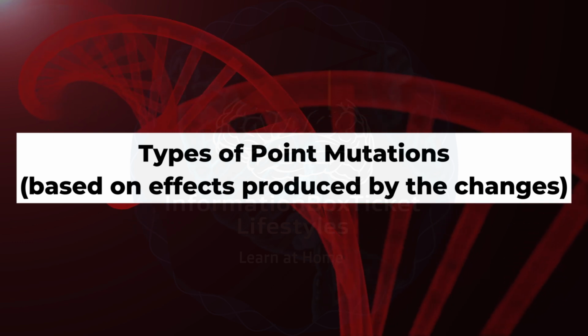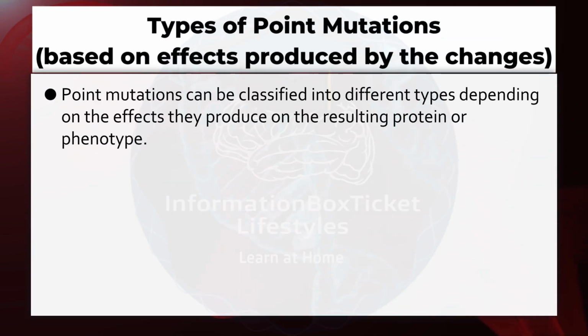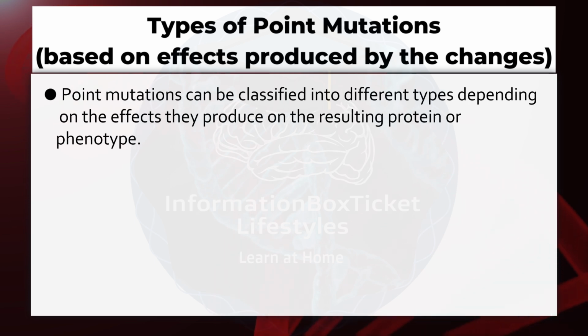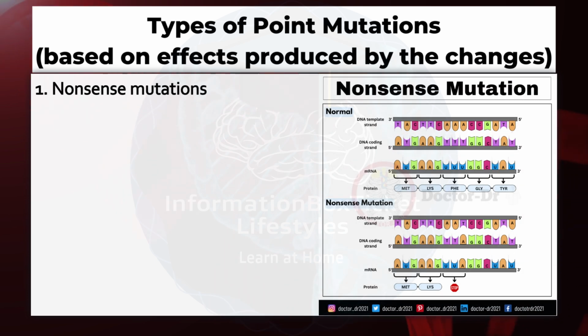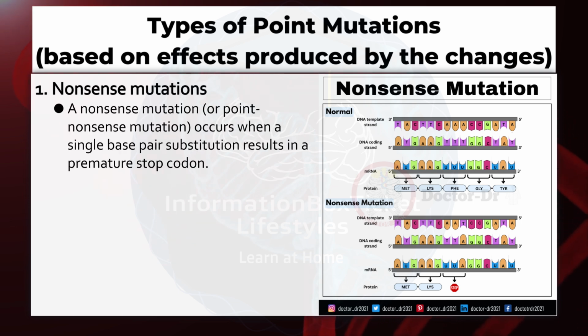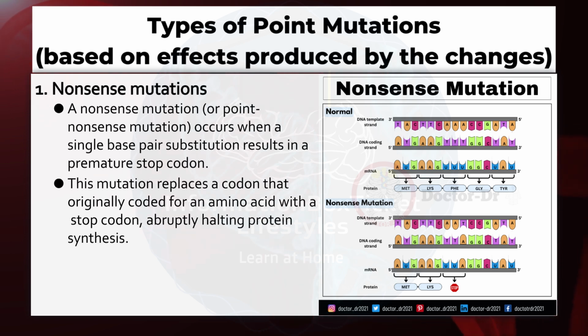Types of point mutations. Based on effects produced by the changes, point mutations can be classified into different types depending on the effects they produce on the resulting protein or phenotype. Number 1. Nonsense mutations. A nonsense mutation, or point nonsense mutation, occurs when a single base pair substitution results in a premature stop codon. This mutation replaces a codon that originally coded for an amino acid with a stop codon,